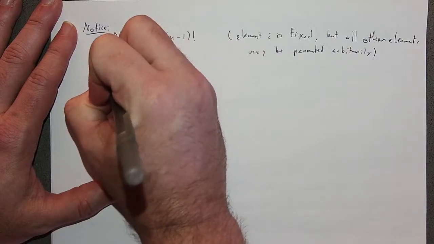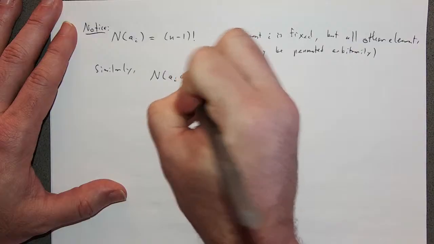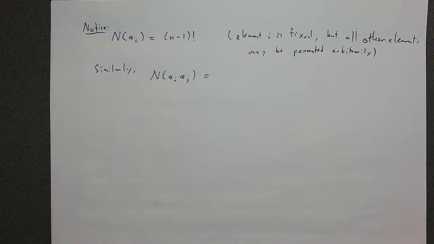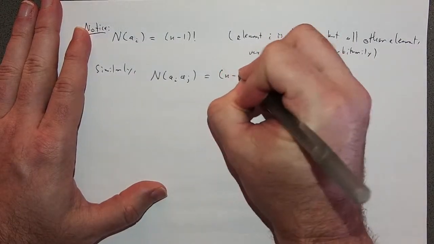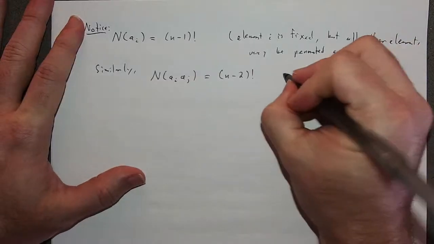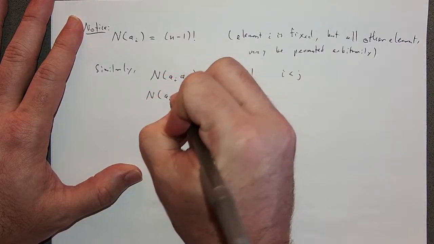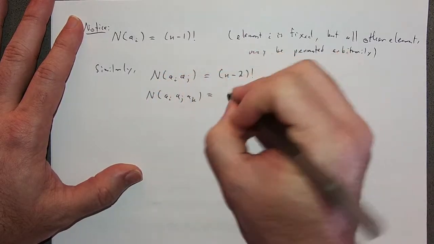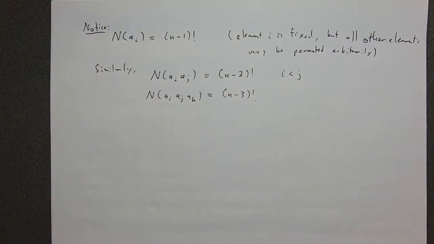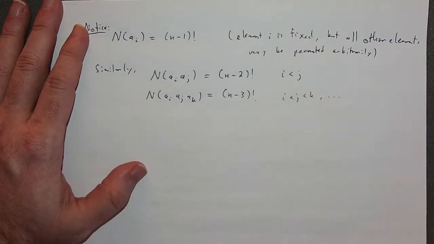Okay. Similarly, if I talk about the properties taken 2 at a time, then 2 elements are fixed, and the rest may be permuted arbitrarily. So this is n minus 2 factorial, and this is for i less than j. And taken 3 at a time, again, the same reasoning. Now you have 3 elements fixed, but the rest are permuted arbitrarily. There are n minus 3 factorial such permutations, and this is for i less than j less than k, and so on, so that